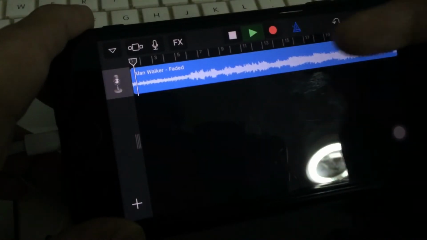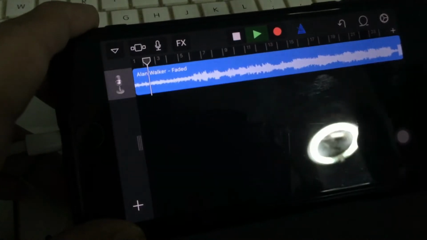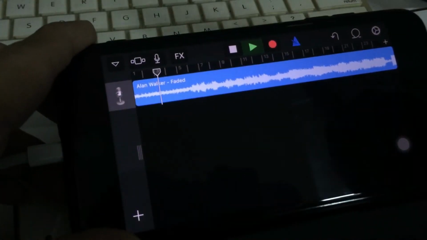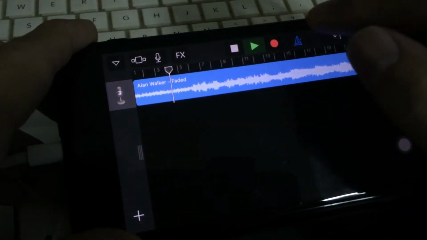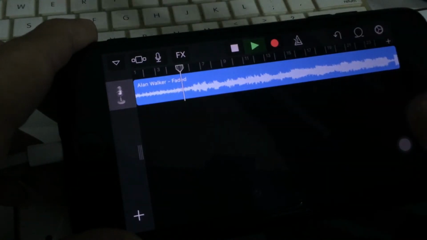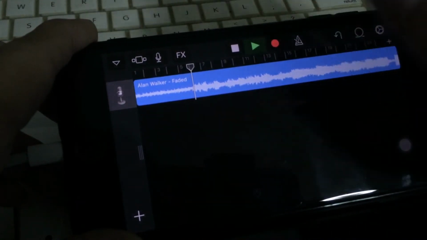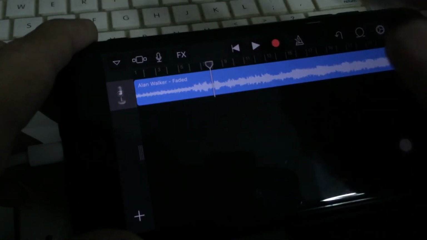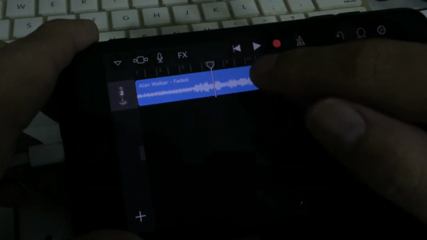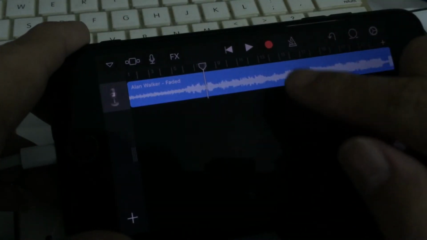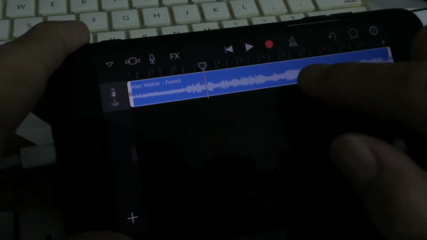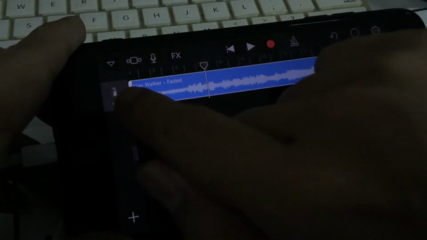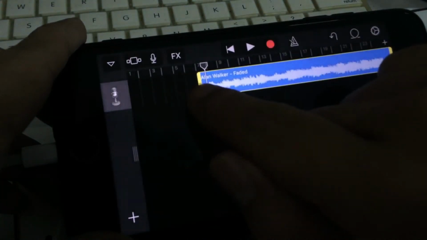Of course. Now you hear that this one has a TikTok sound. The TikTok sound is so disturbing. Just click on this button and you will have no TikTok sound. Anyway, now I will teach you how to cut the song using this application. Just click on this and use this to drag maybe here.